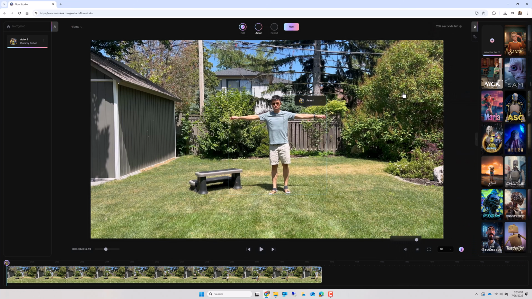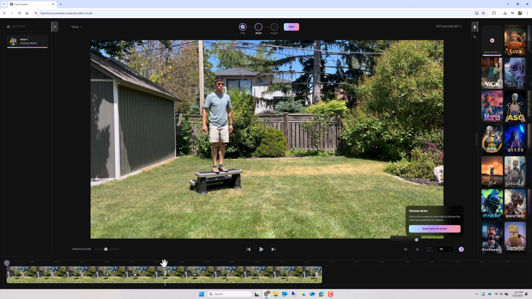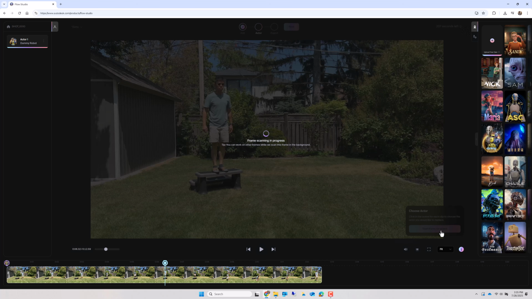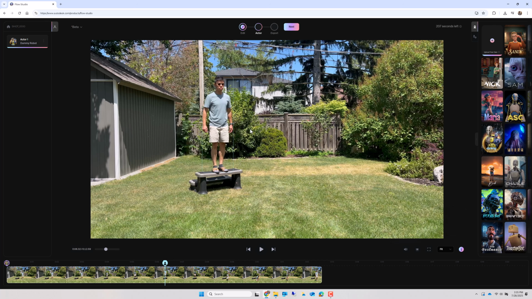Now, in most cases, you'll only need to do this once for the entire shot. However, you can optionally identify the actor multiple times to try and improve the output. This is especially useful for an animation or video to 3D scene project when you need to re-identify multiple characters after a cut or lighting change.